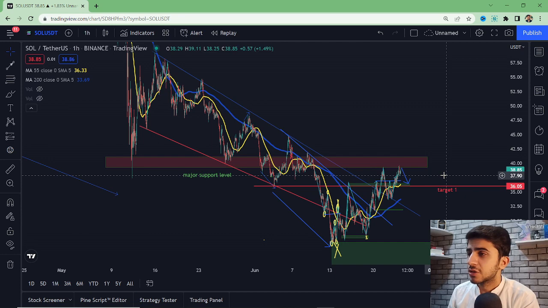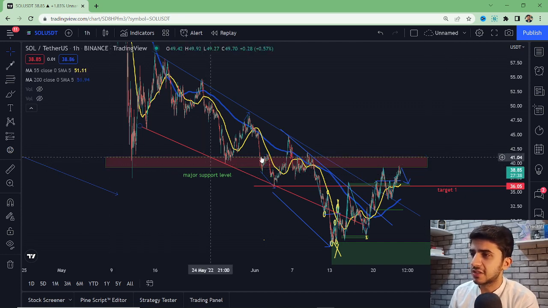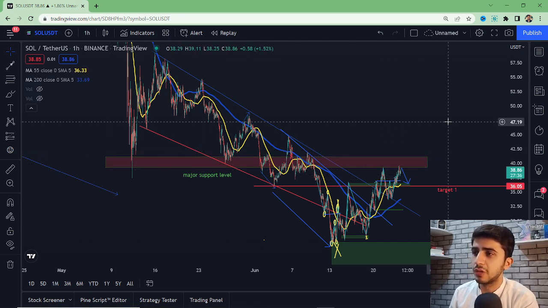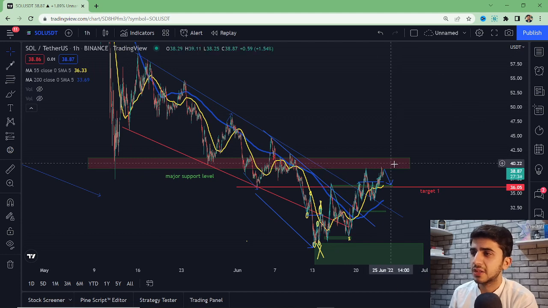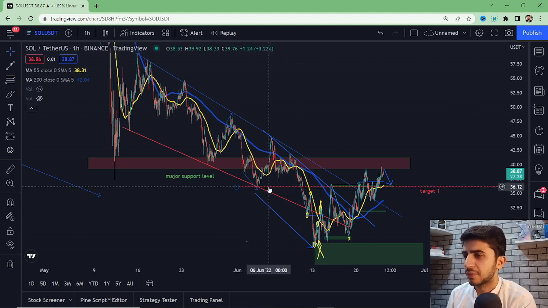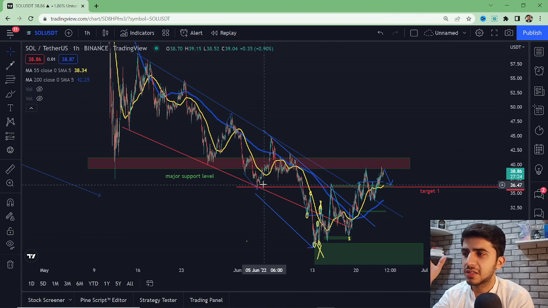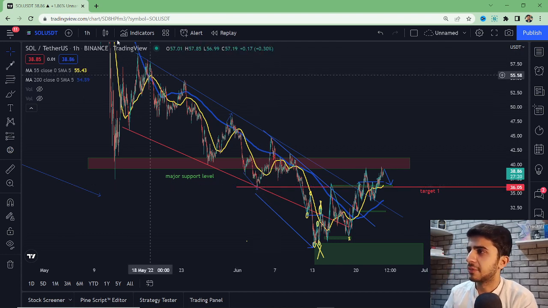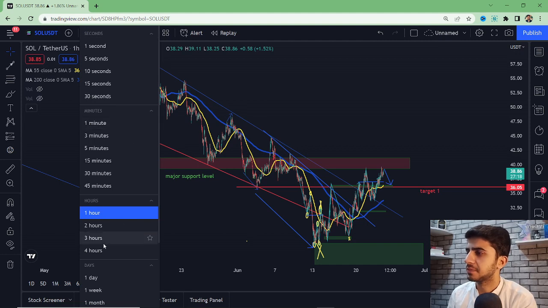Okay, so you can see this resistance. This is a huge resistance. You will really need to flip this level. And talking about this big level, I want to talk about this one as well. This is, let's say, a break of structure on this point as well, on a bigger time frame. If I take you there,